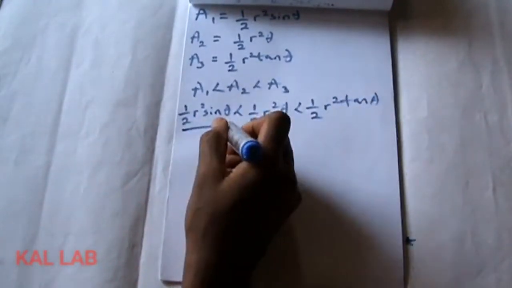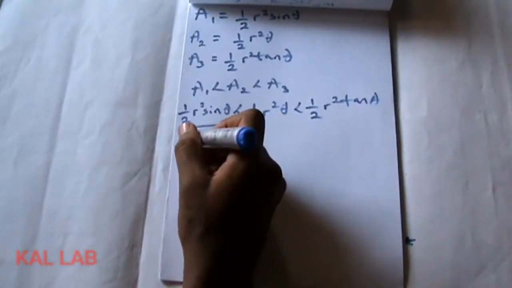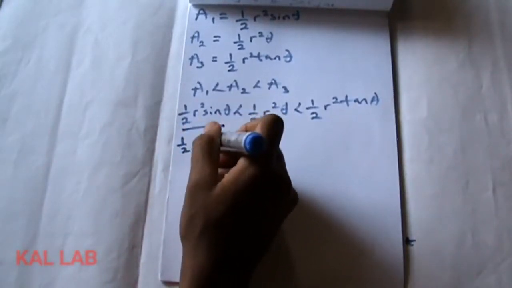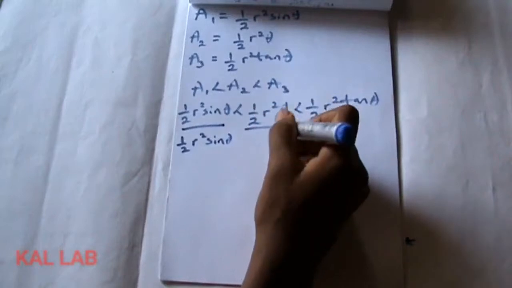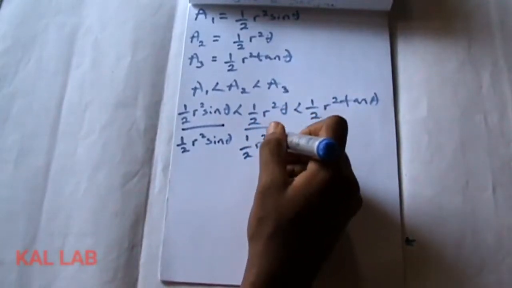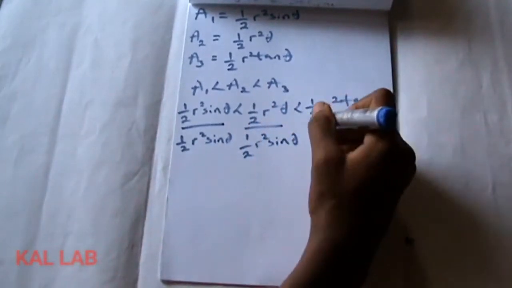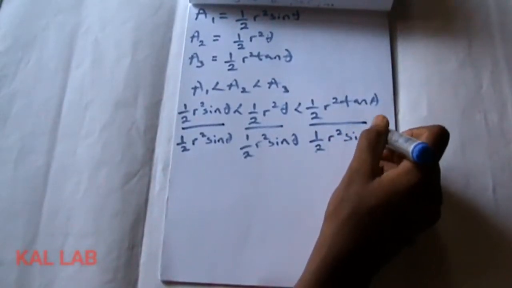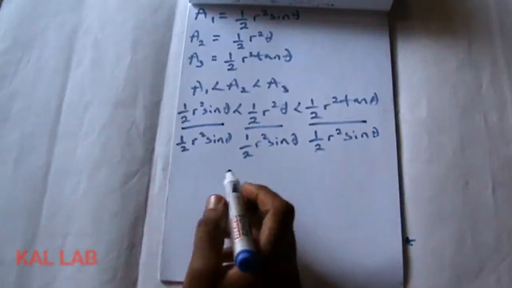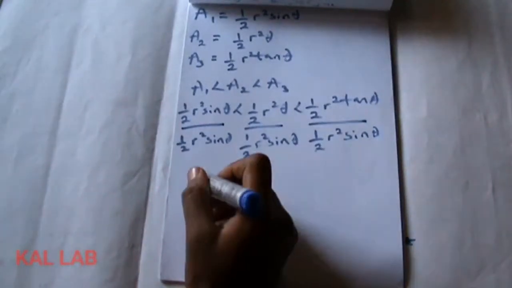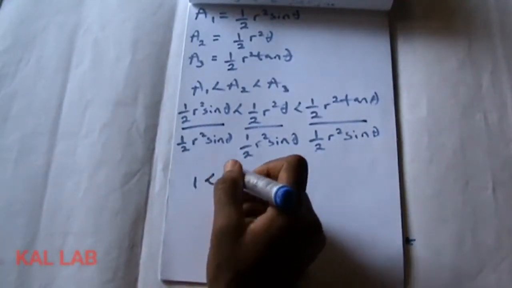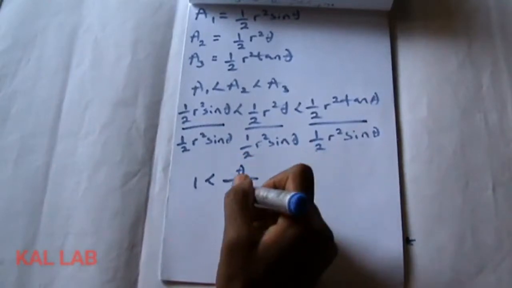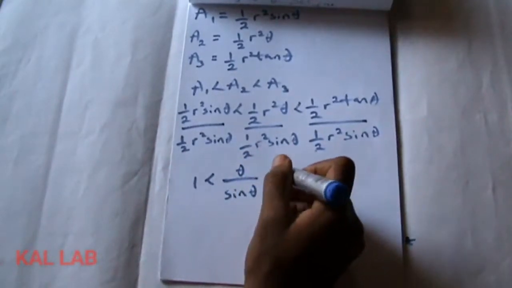Now we're going to divide throughout by 1 over 2 r squared sine theta. There we get our answer as 1 less than theta over sine theta less than